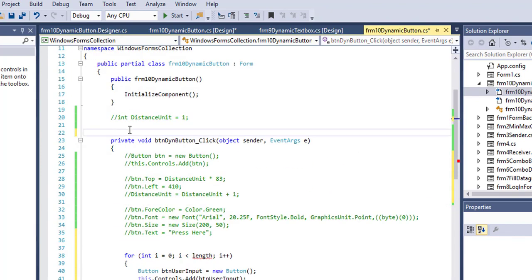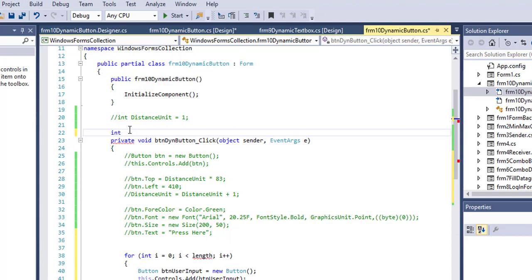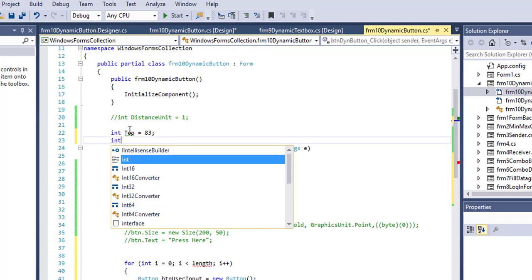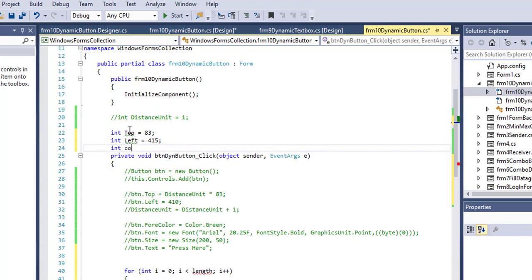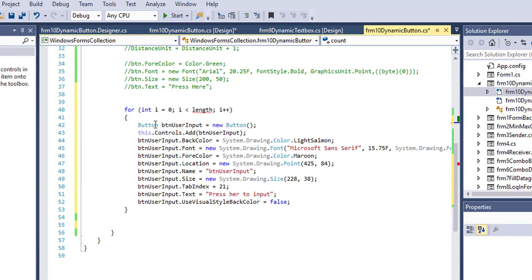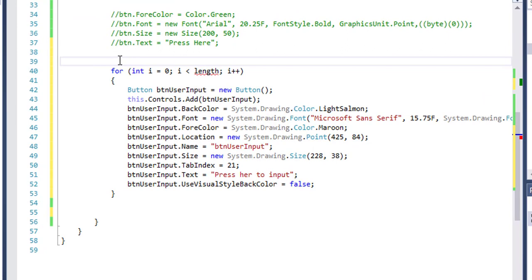Now I will declare 3 integer variables to set the location and the loop counting: int top, int left, and count. With every click event the count variable will increase one time.